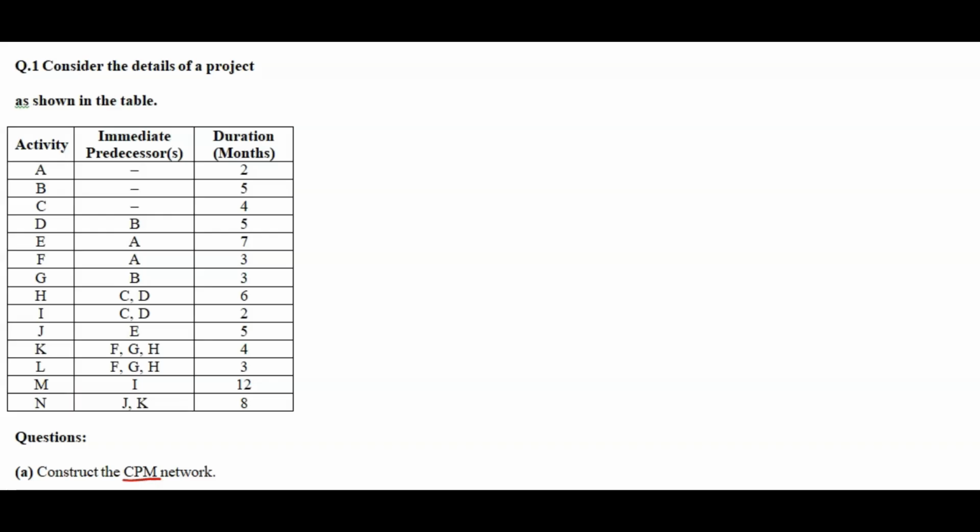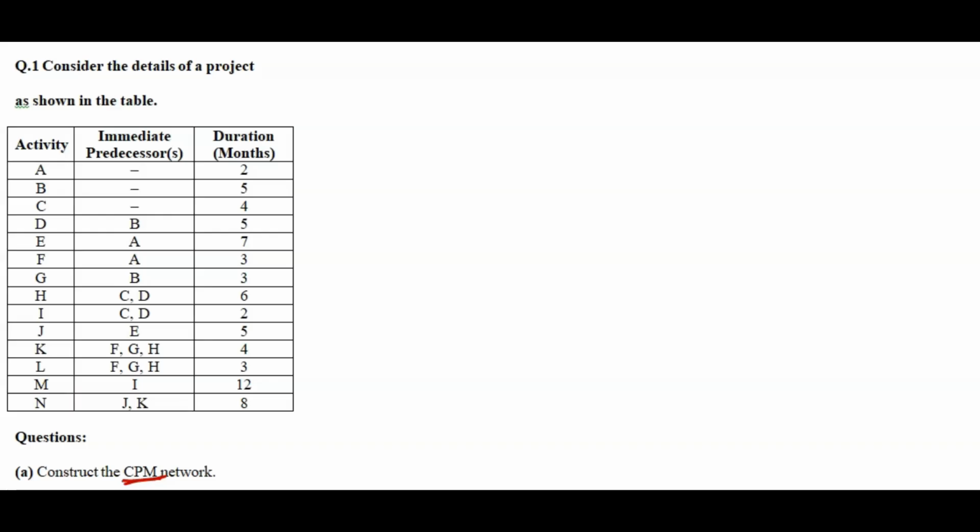So today the topic which we are going to see is critical path method, that is CPM, or you can say critical path method full form. It is one of the techniques of project management. Project management means where we can do different activities, a set of activities, but that should be performed in some order. So this CPM is a technique of project management, and here we usually find out